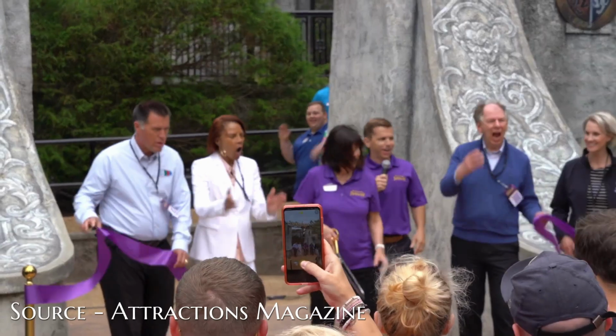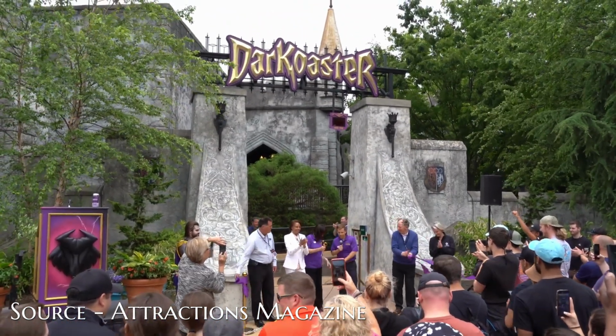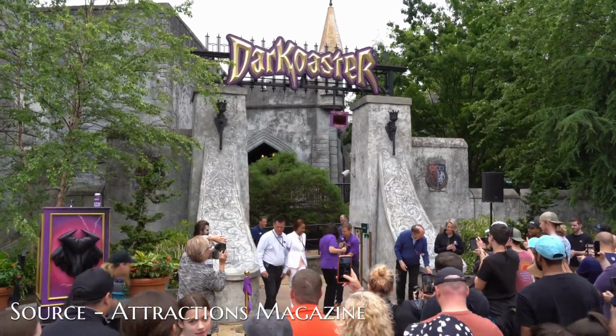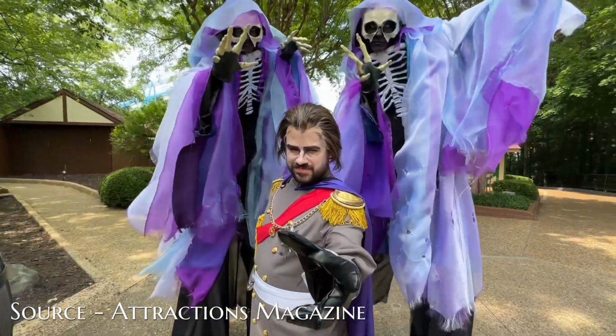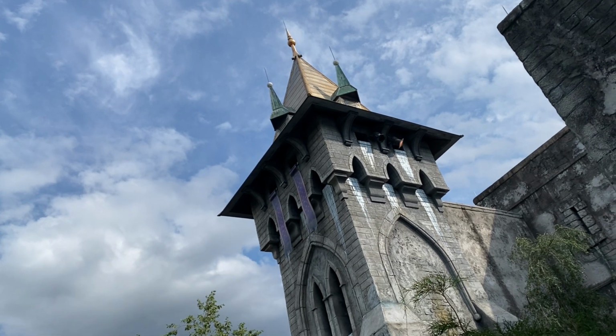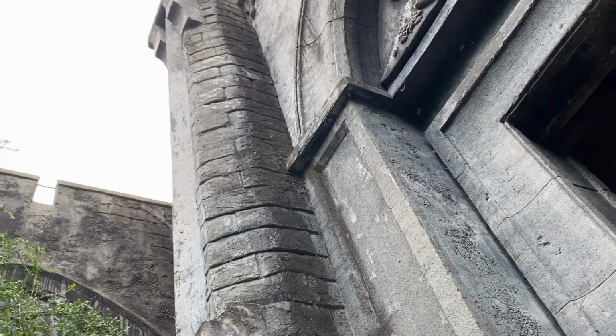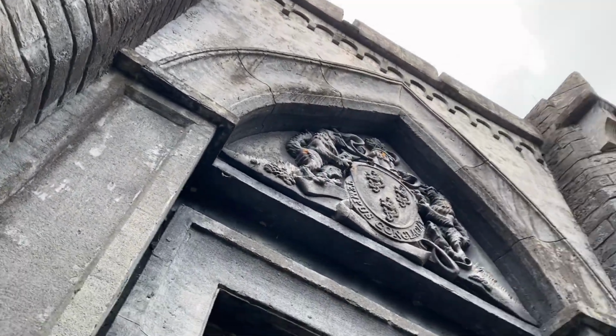The ride would officially open on May 19th with an opening ceremony hosted by the park president and the ride design team. They even had an actor portraying King Ludwig meeting guests, but they haven't brought him back since, to my knowledge. Although the facade and entryway remains largely unchanged, the first changes start right outside the castle itself, in